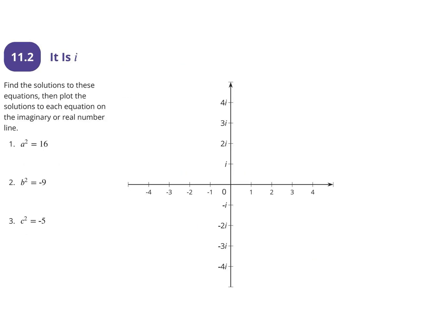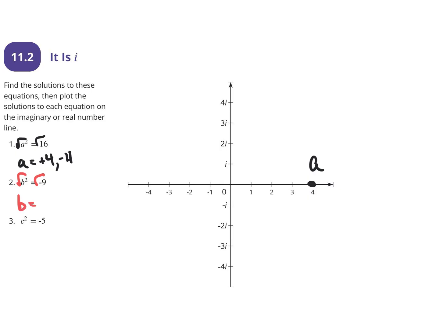Okay, find solutions to these equations, then plot the solutions to each equation. A squared equals 16, so taking the square root, there should be 2 roots, +4 and -4. I think the book wants us to deal with the positive side only, so I will deal with the positive side only. Now, b squared equals -9. This is going to be a little different. When we take the square root,